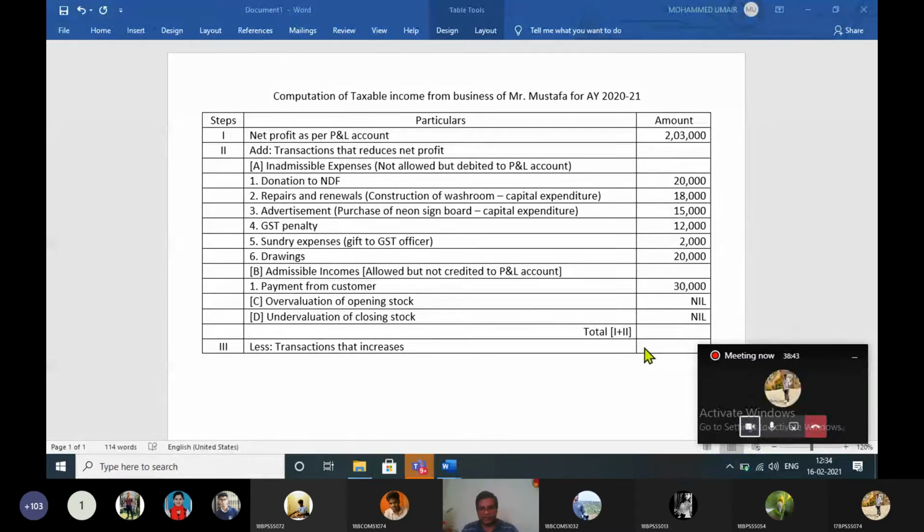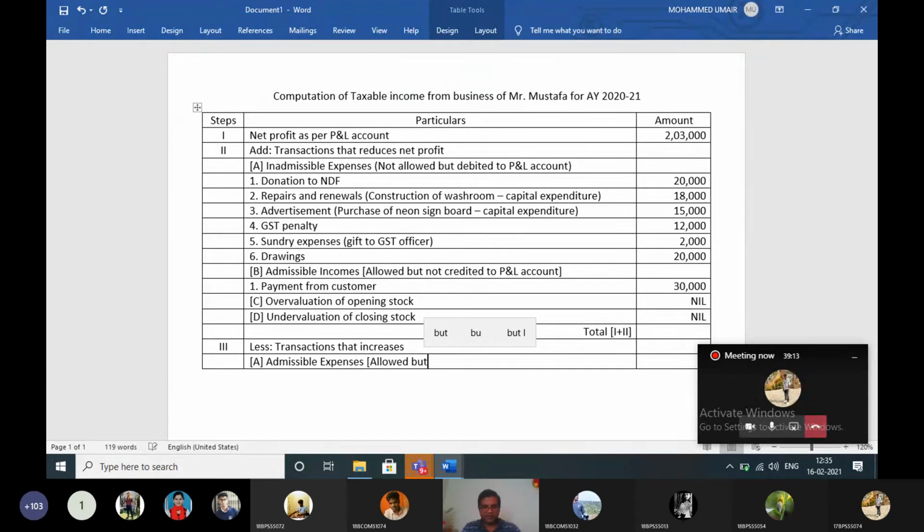Okay, so let's work on step 3 now. Under step 3, the first sub step is admissible expenses, which means these are business related expenses and these are the expenses which are allowed by the income tax department,